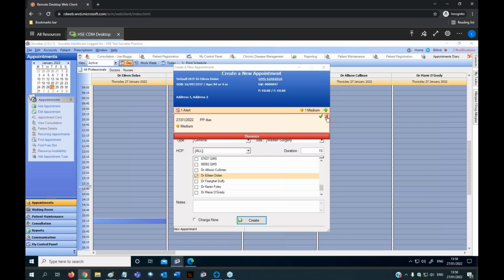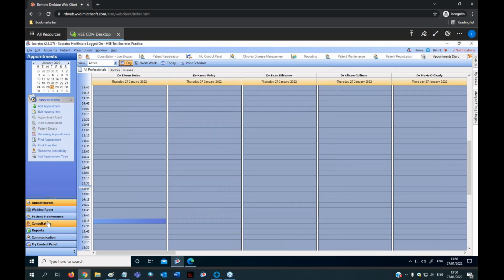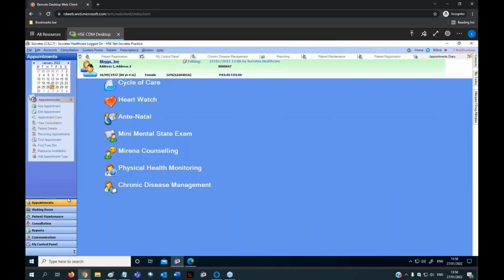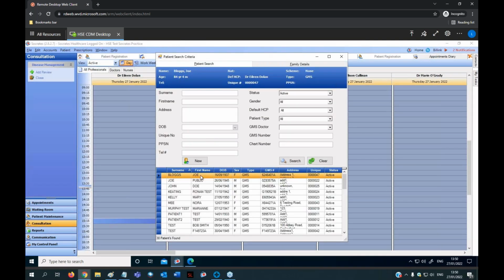Or if that was a mistake, you can click on the red X, or if you want to keep it there, you just leave it alone. I'm going to say no, I don't want to book an appointment. If I go into that same patient again, Joe Blogs, I should close out of them just to show you it. Consultation, Joe Blogs,